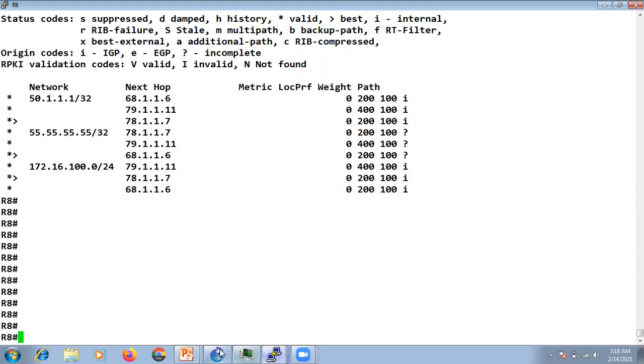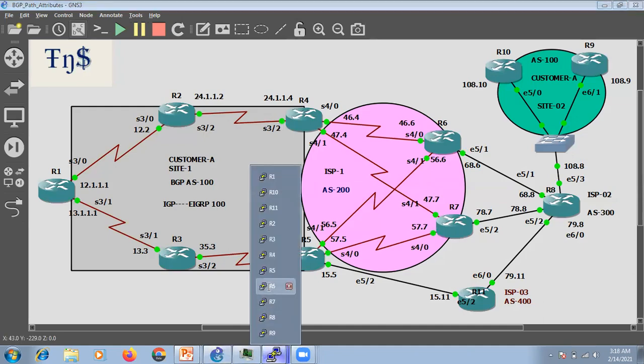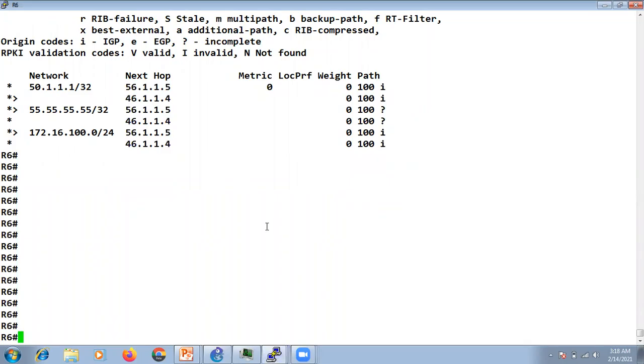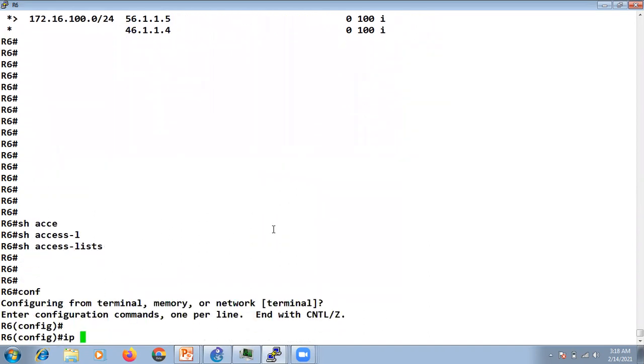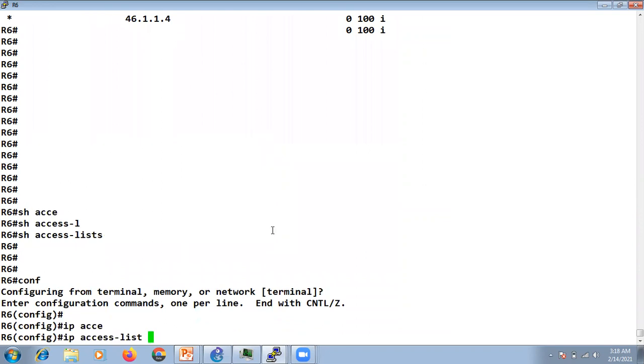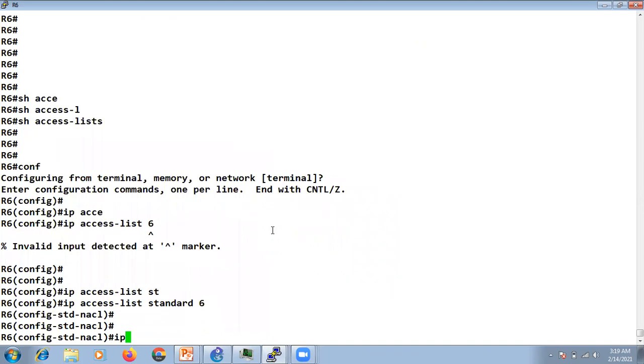So now let's see what I do. I'll go to R6. I'll show access list. There is no access list. Let's create one access list, standard 6.